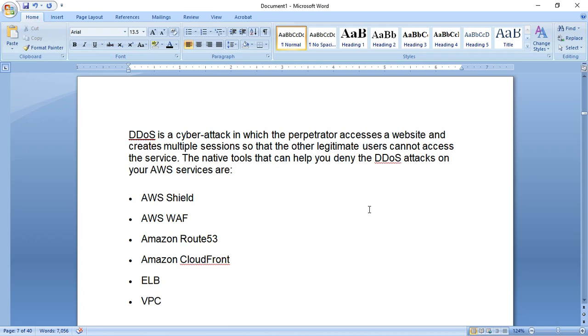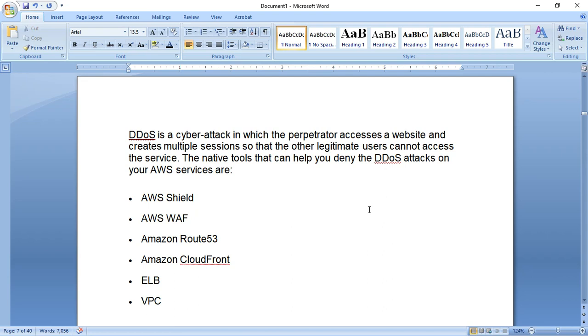Now if you see how it impacts, it sends a lot of fast traffic to your website. Your actual users are coming also, but hackers are just sending fast traffic to your website. Due to that, your website is going down.